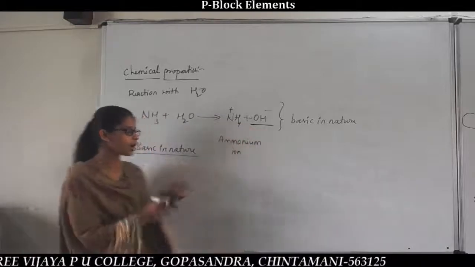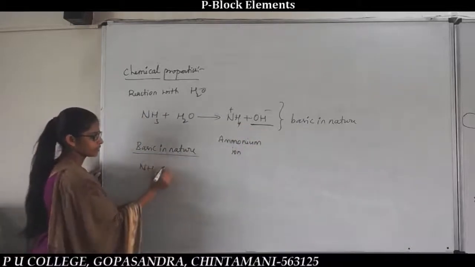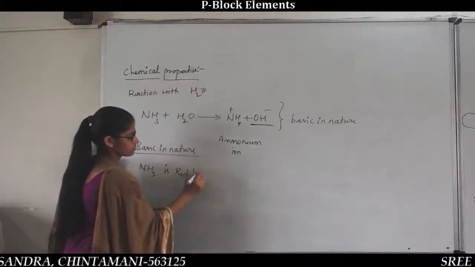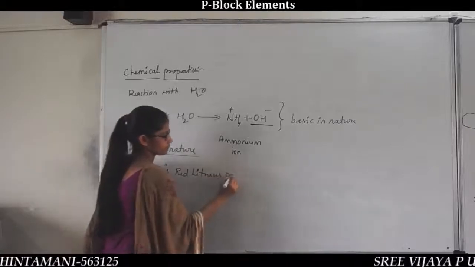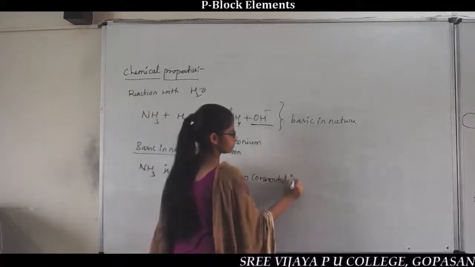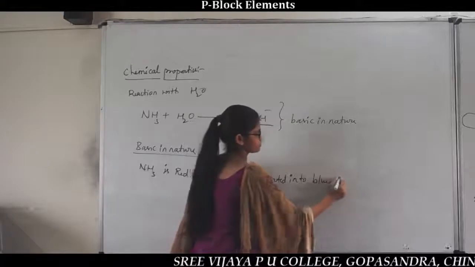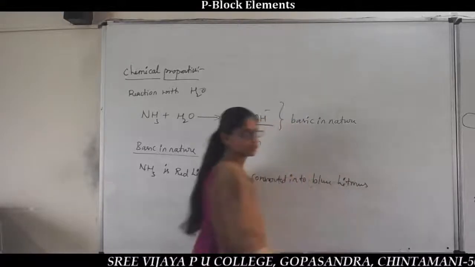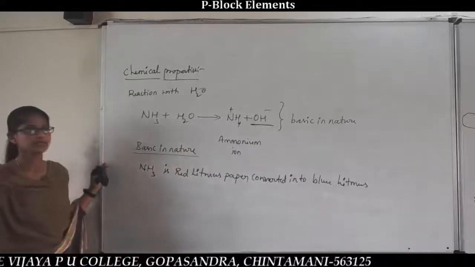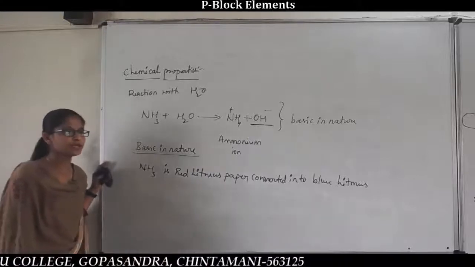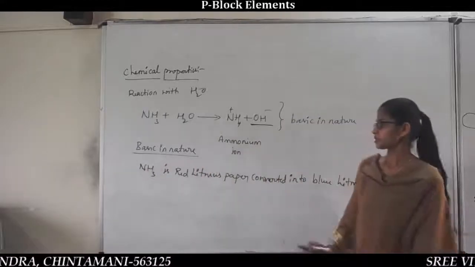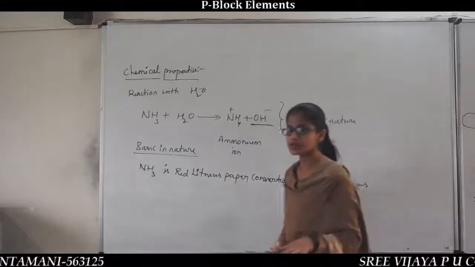So based on this, the ammonia converts red litmus paper into blue litmus paper. ಹೌದಲ್ವಾ? ಸೊ ಅಲ್ಲಿಗೆ ರೆಡ್ ಟು ಬ್ಲೂ ಆಗ್ತಾ ಇದೆ. What's the indication? The given substance is basic in nature. So based on this property, this ammonia reacts with an acid because basically it is basic in nature. So when ammonia reacts with an acid, it gives rise to salts.